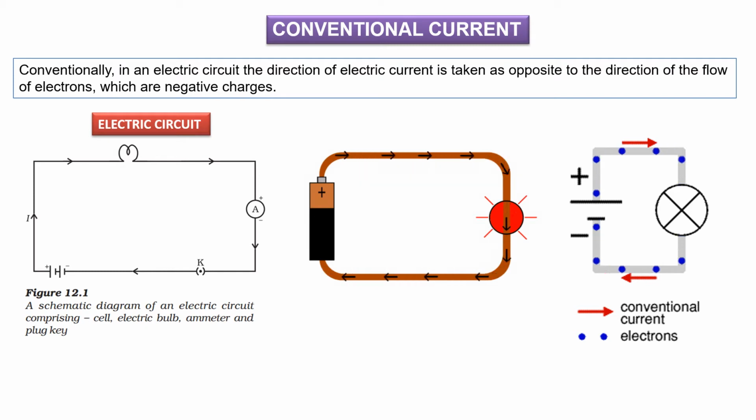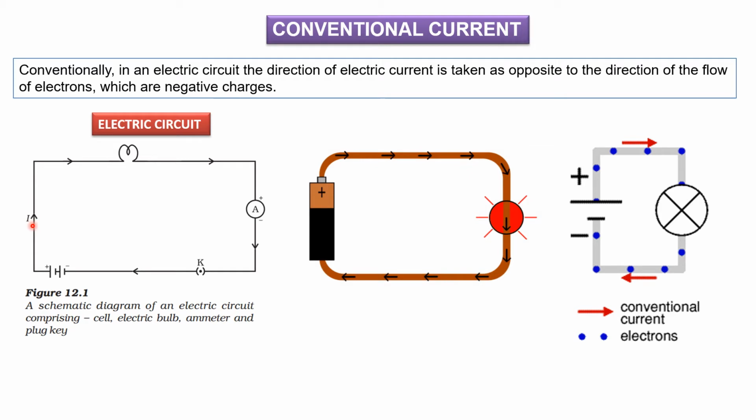See here, this is a circuit diagram. Just a minute, I'll take a laser pointer. So see here, this is an electric circuit. Here is a battery. A battery is nothing but a power source. Plus and minus will be there. You might have seen this battery, this cell. This battery will have a plus and minus terminal. You can see the direction here.